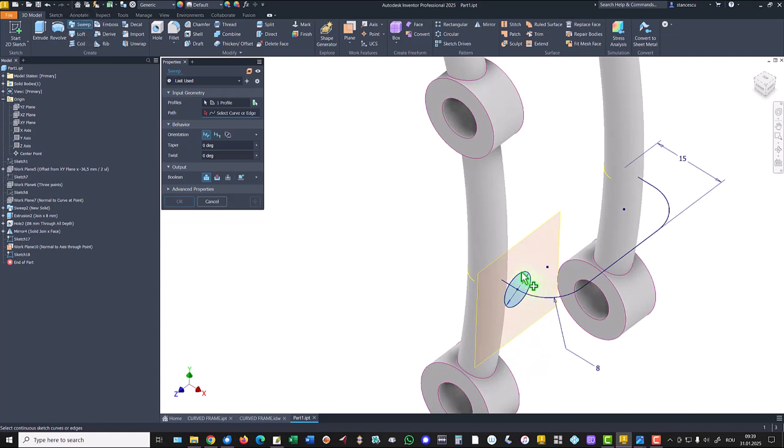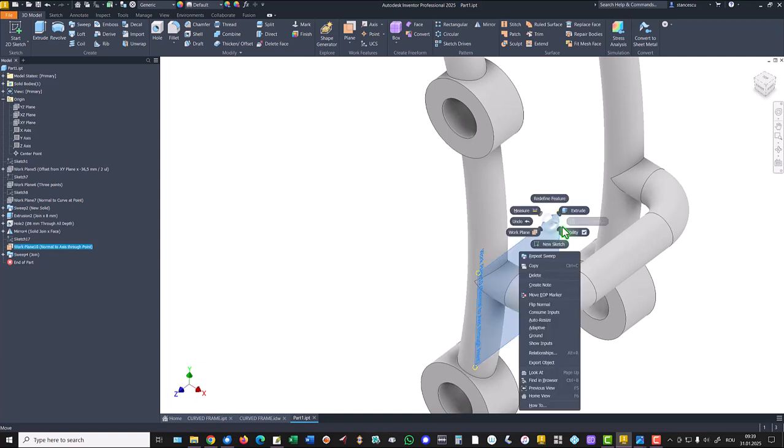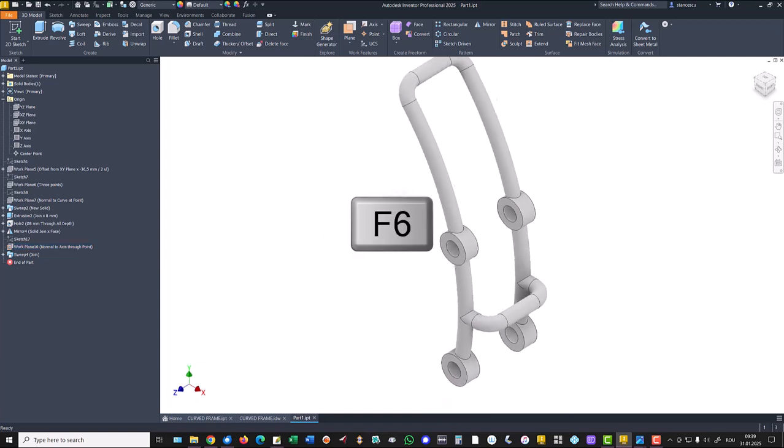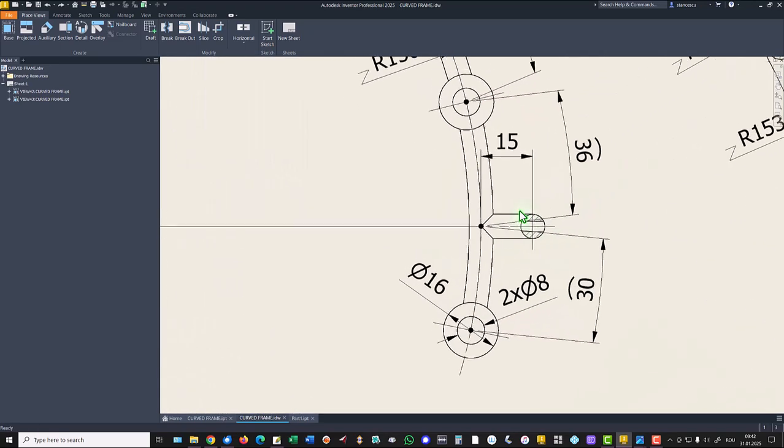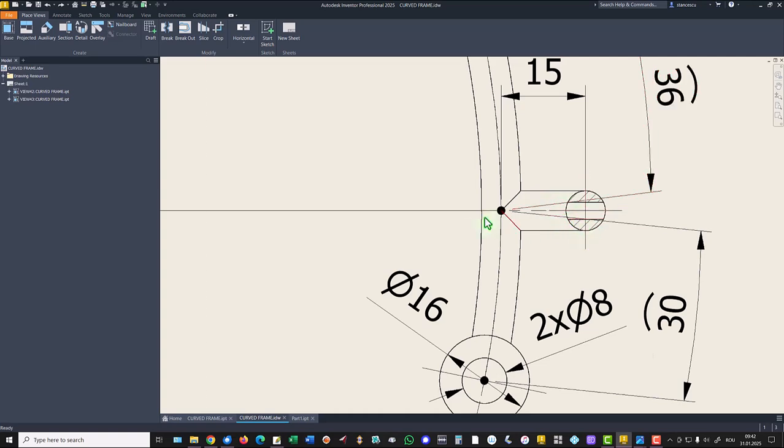sweep. Inventor found the unique close contour and we select the curve or edge. This is the curve. Okay, good. Next is this hole of 3 millimeters through the last feature. Yes,